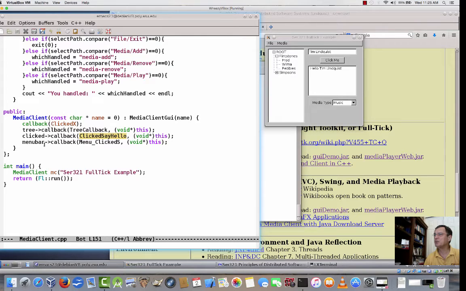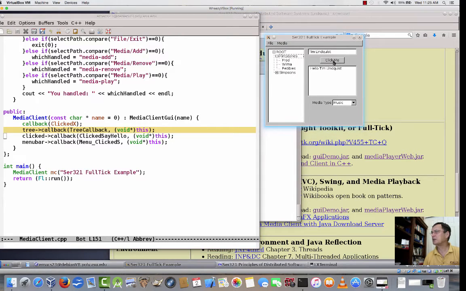these 1, 2, 3, 4 different statements are providing a hookup or a link between the underlying view and methods in a media client that are to be called when the user takes different actions. So if the user takes a tree expand or tree contract action, then in fact it's going to call the tree callback method. And if the user clicks the click me button, then it's going to click,